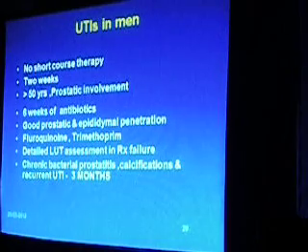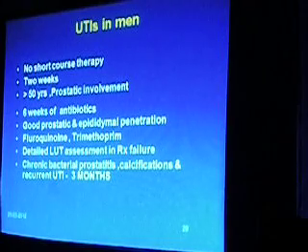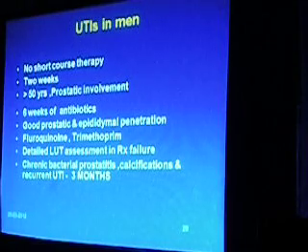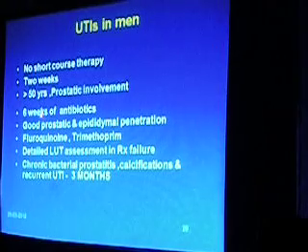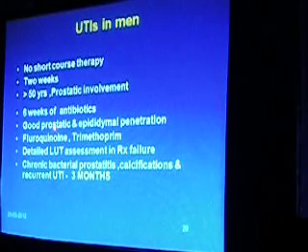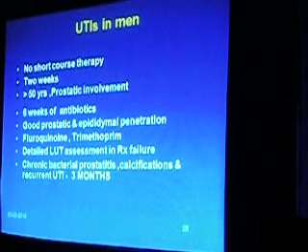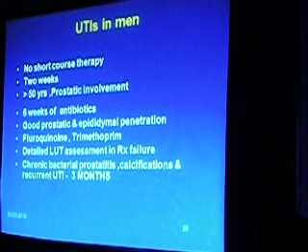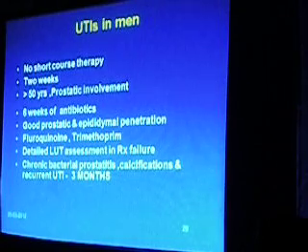Next slide. UTI in men. The most important thing is even if you get a cystitis in men, you need to treat them for at least 2 weeks, because short course therapy is associated with high relapse, because all the bacteria is going to be there in the prostate, which is not going to get removed. In case of chronic prostatitis, the duration is 6 weeks of antibiotics, and you need to choose drugs which have good prostatic penetration, and assess them for lower urinary tract problems in case of treatment failure. In chronic bacterial prostatitis, in patients who have recurrent UTI with bacteria in the prostate, you need to treat for at least 3 months. Next slide.